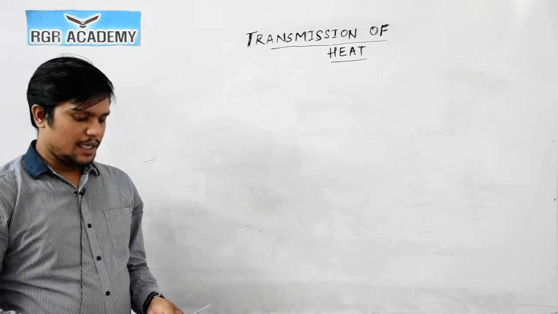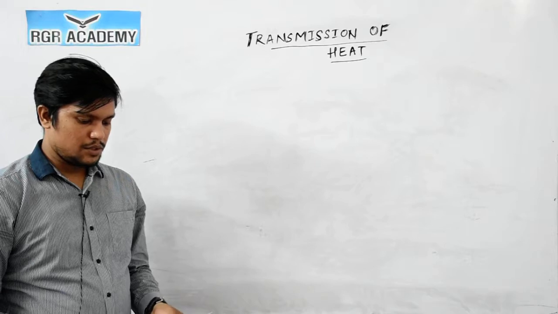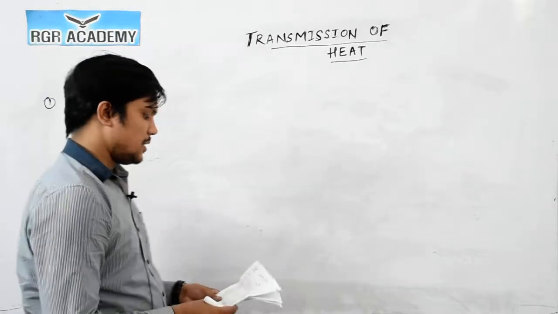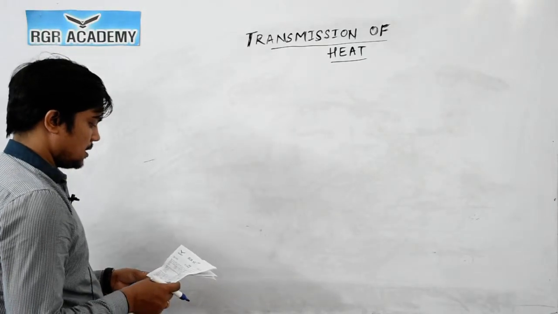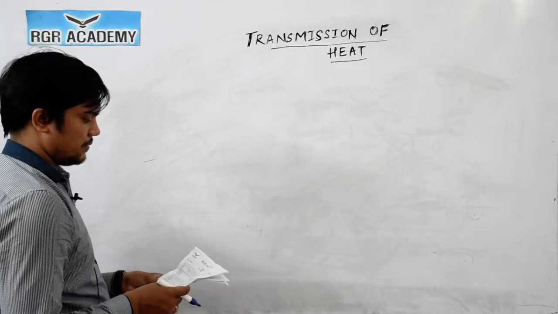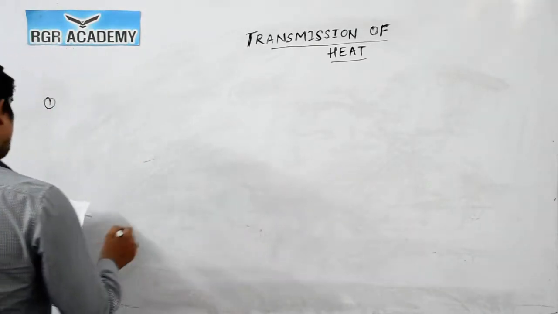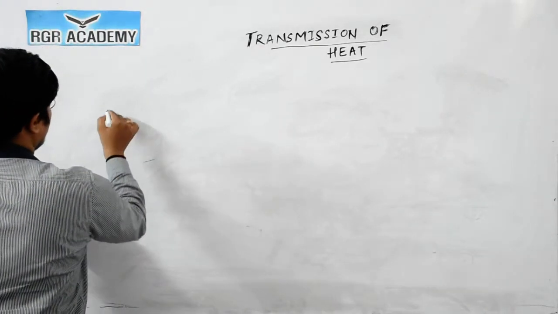A body initially at 80 degrees Celsius cools to 64 degrees Celsius in 5 minutes and then to 52 degrees Celsius in 10 minutes. They are asking the temperature of the body after 15 minutes. Okay, so this question is based on Newton's law of cooling. So we can say that